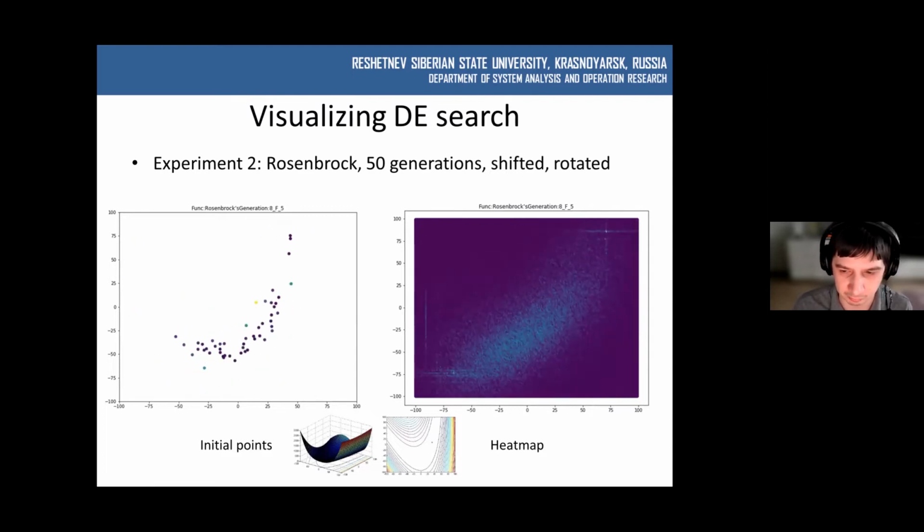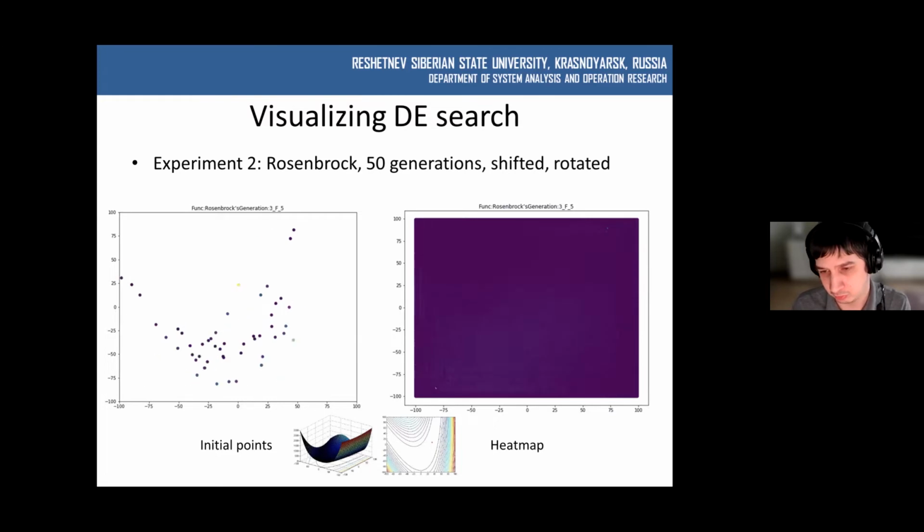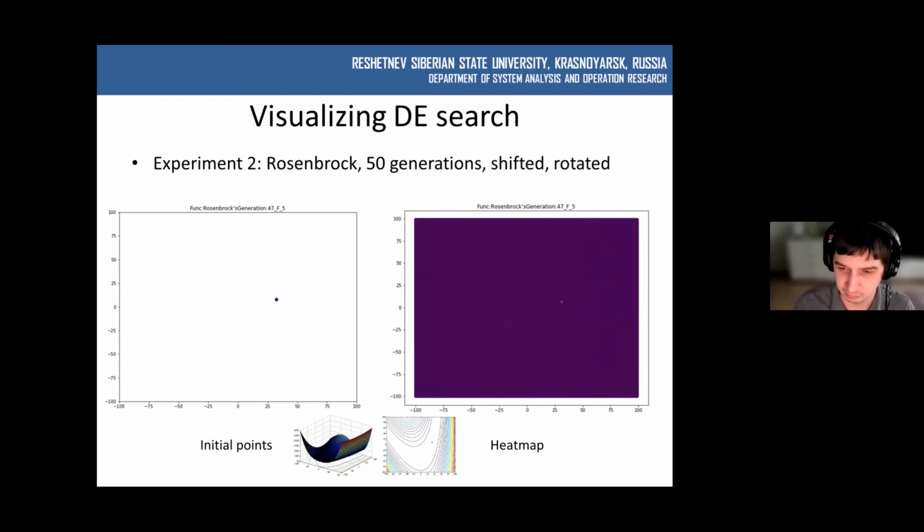And this is a very important feature. It appears that differential evolution does not care very much about ill-conditioned functions. It also does not care about the axes of the original search space, so it can search diagonally if it needs to. If the points of the population are organized diagonally, it will go at some angle in the search space. So these are the two main features that help it work very well.